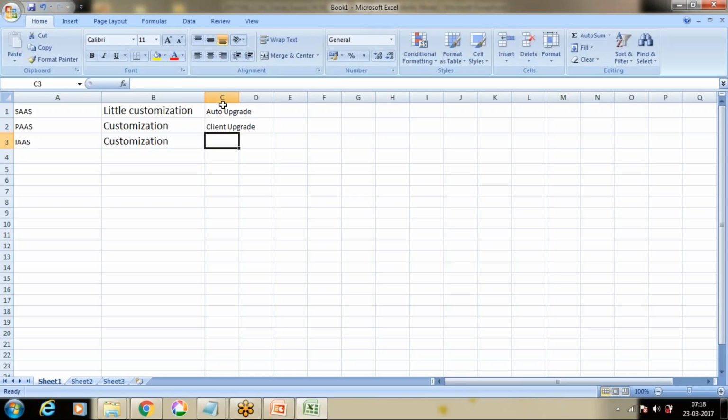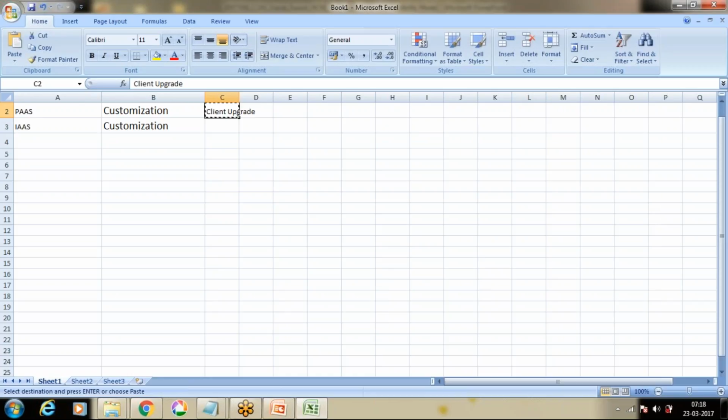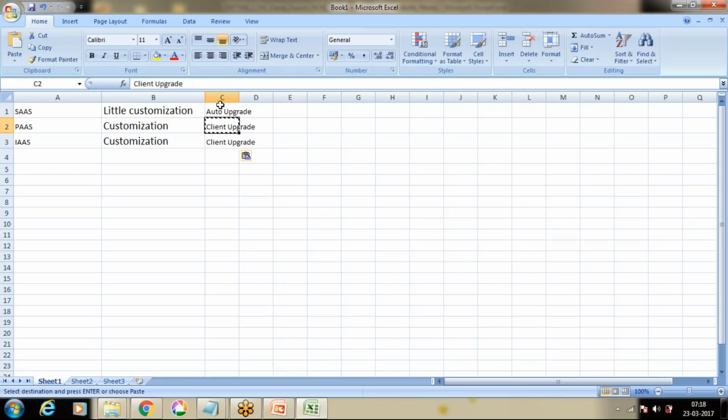So now we can see, these two points I have already explained. With the SaaS, we can do a little bit of customization like